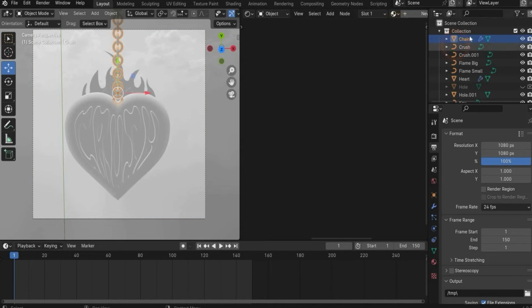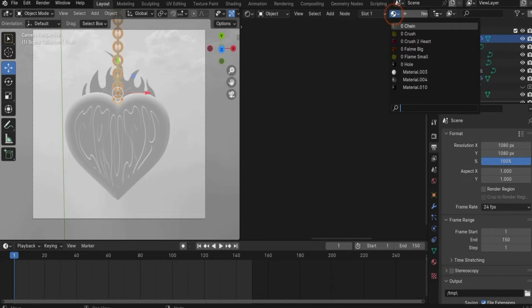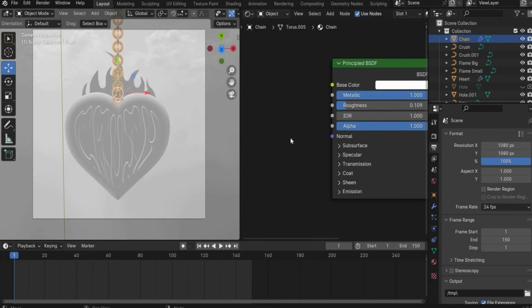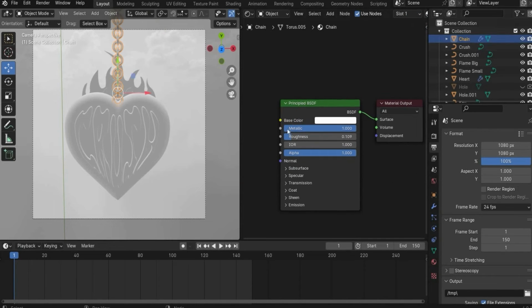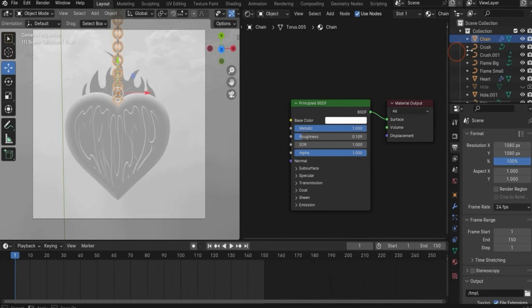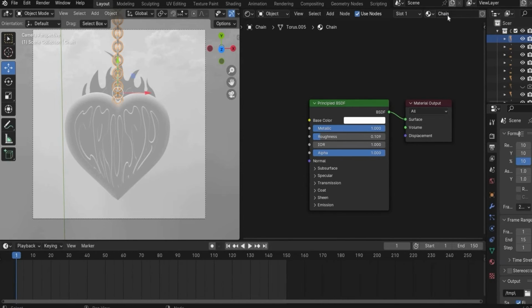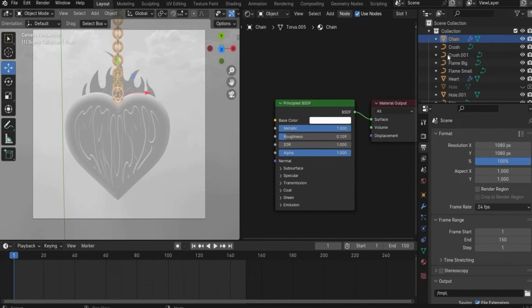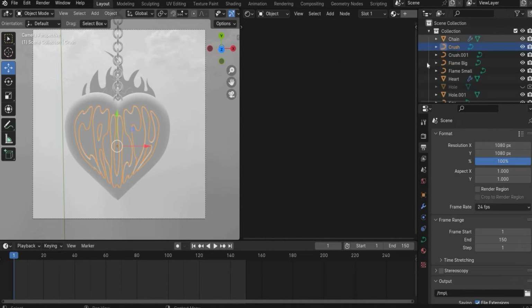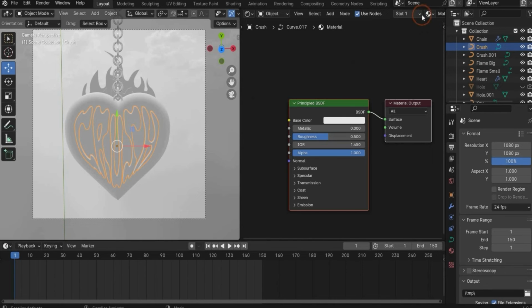And we start with the chain material. I created all the materials, but I will explain what I did. For the chain material, I increased the metallic value and the roughness value a little bit. It's a normal Principled BSDF material. To create a material, you have to press the plus icon and then you can change the values. Then we come to the crush, press here for a new material,